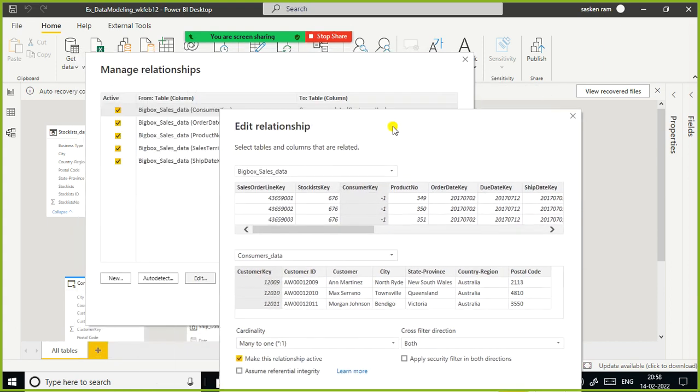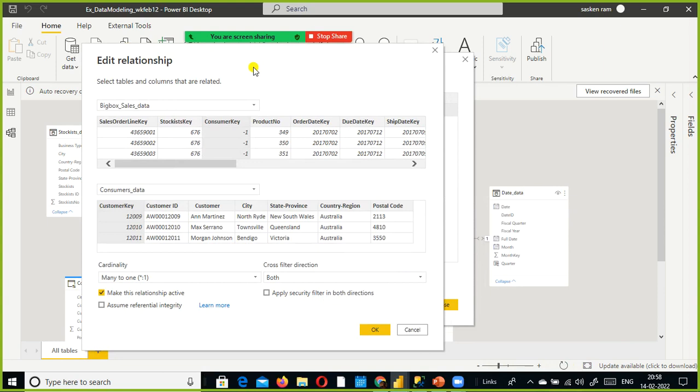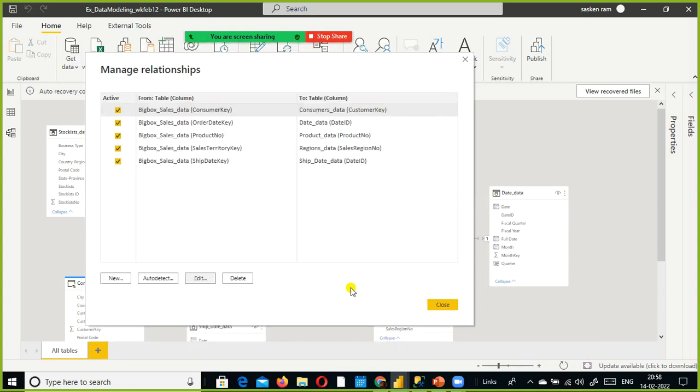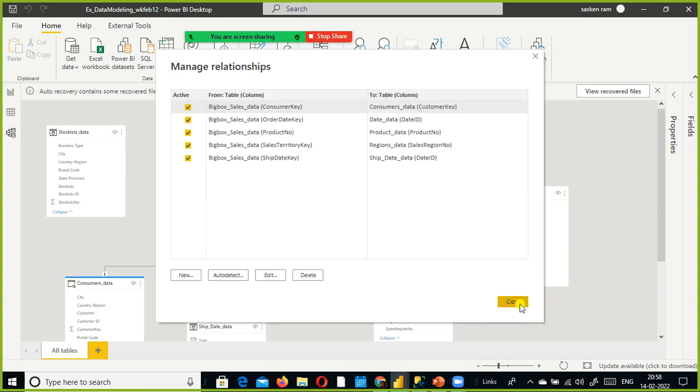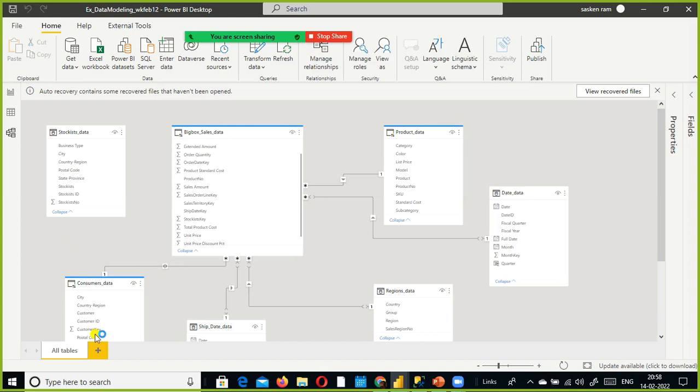There are two ways you can create the relationship between the tables. One is you can just drag and drop it. For example, I knew very well that in this table, the customer key and here the consumer key are related.